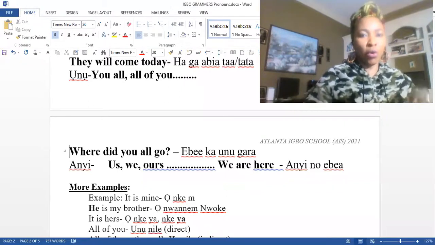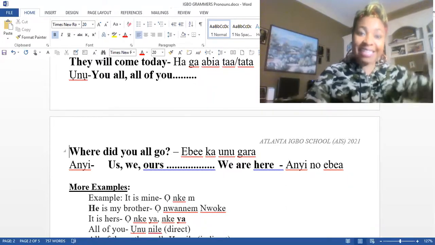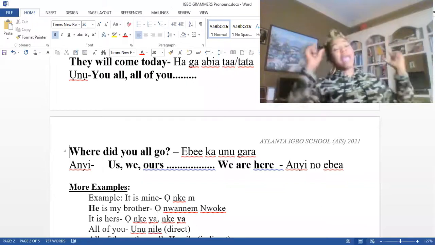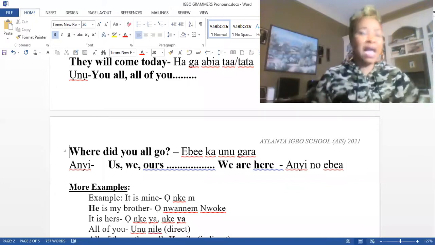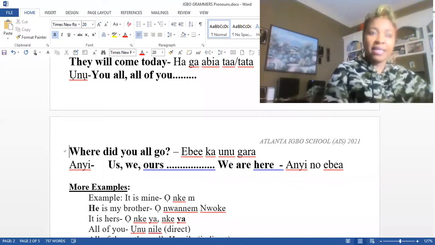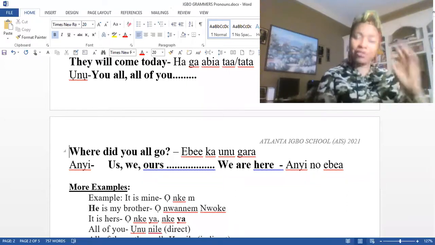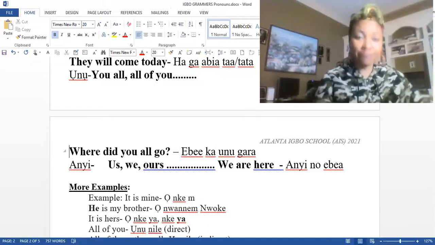Agara m n'ụlọ enyi m means I. That I is representing you. Somebody asked a question last time: how do you know when to use a and when to use e? The two letters, when you are making a sentence that applies to you, are a and e.